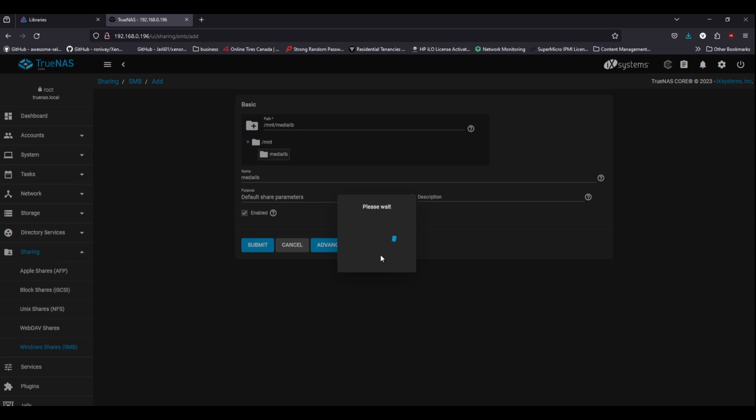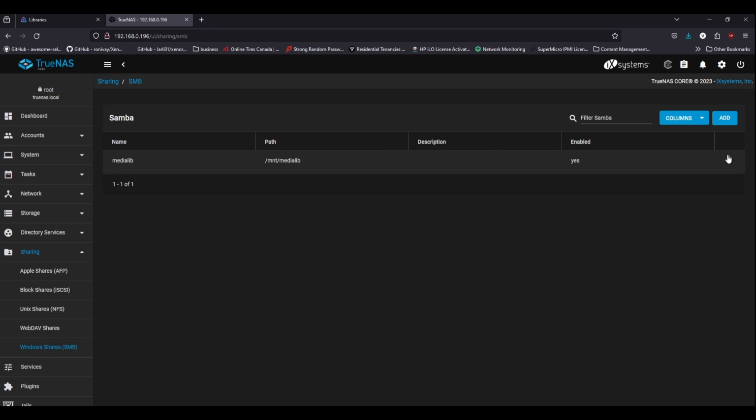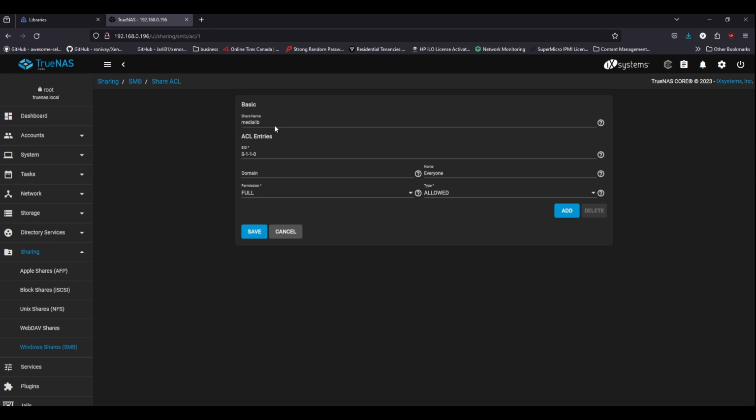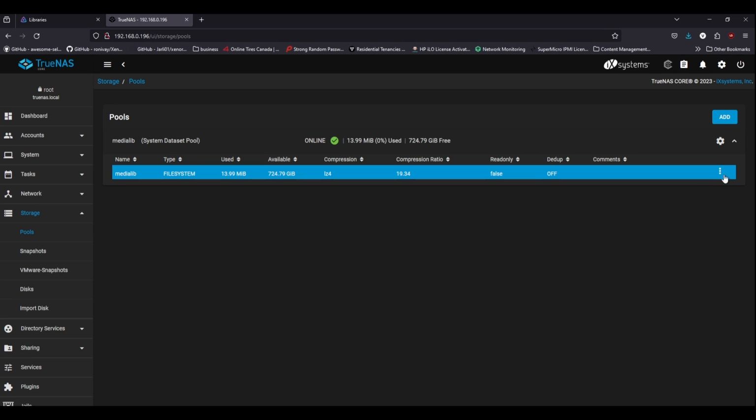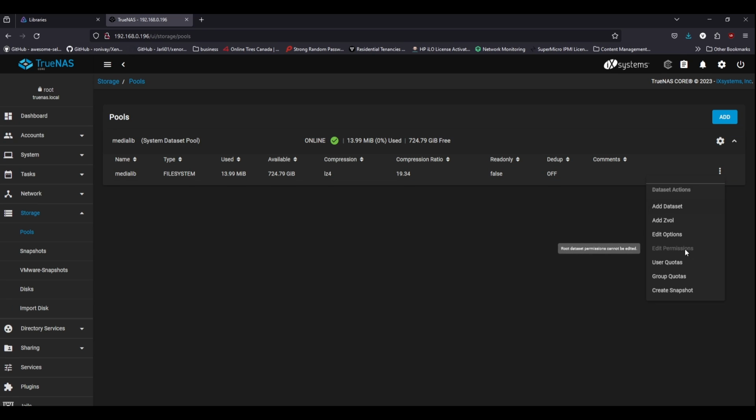We're going to enable the service and we're going to assign it only to our user. So, hold on just a second now. I believe it was here. Okay, that's fine. So as such, what you would like to do is just make sure that connectivity to your share works